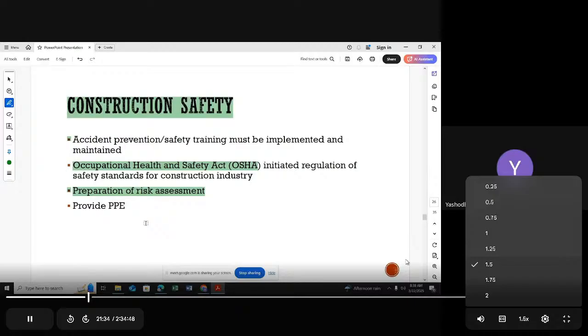In one of my sites, I'm not telling the name of that site, it was a big project. The project manager did not properly follow site cleaning and site safety. It was a project with a very leading company in Sri Lanka. The project team, including the project manager, should focus on site safety and site cleaning. Actually, the project manager and the site safety officer are responsible for those things.